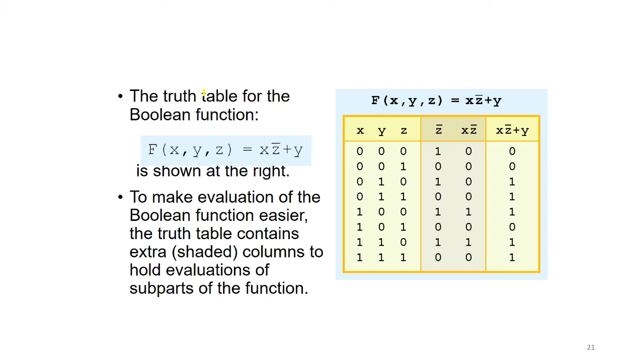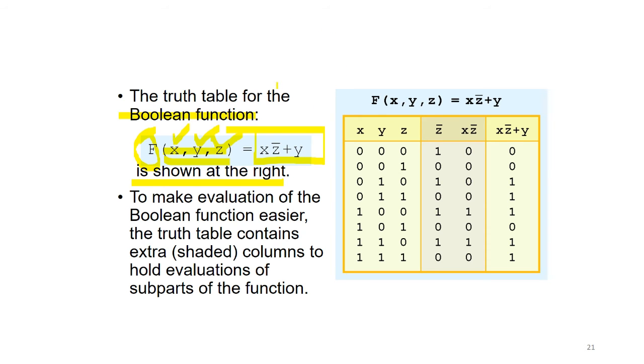Now let's get into a Boolean function. Let's try to understand this one. F of x, y, z is a function. Writing this means there are three variables, x, y and z. You can say input variables, and they are inputs of the function f. And the given function is this one, x z bar plus y, shown at the right.